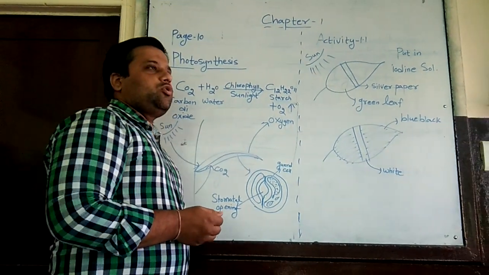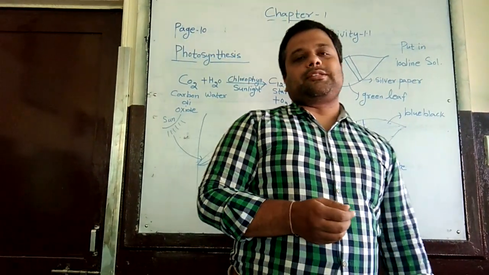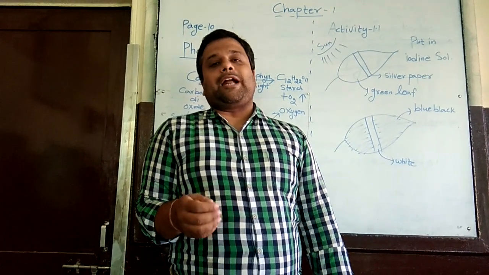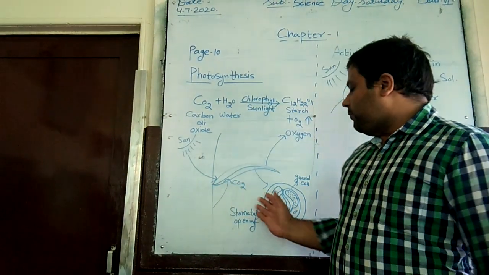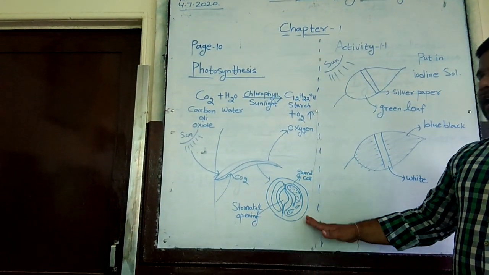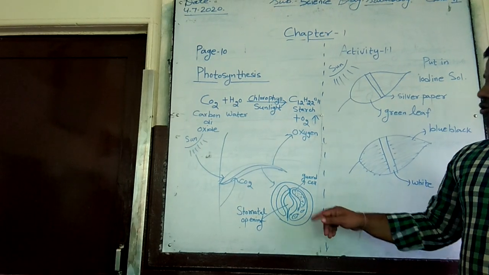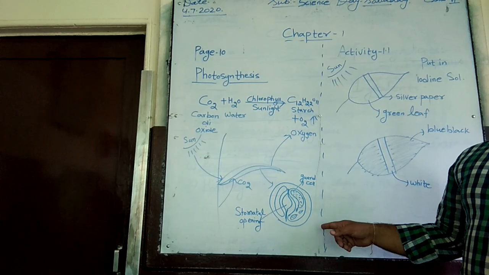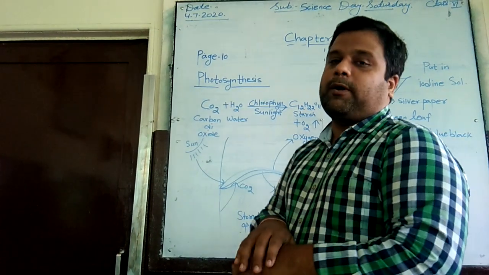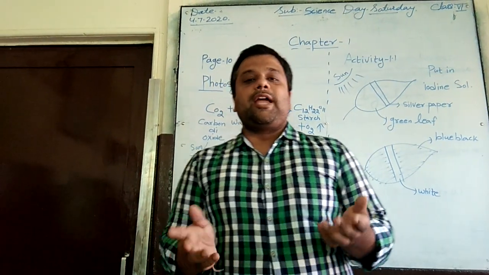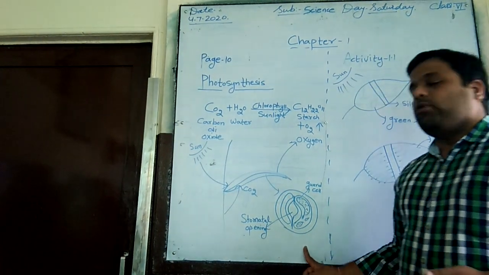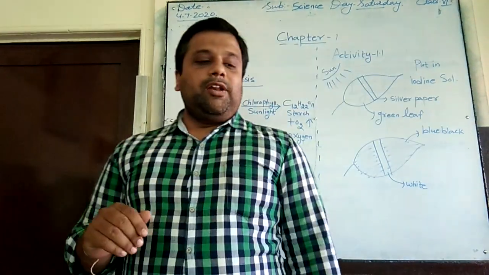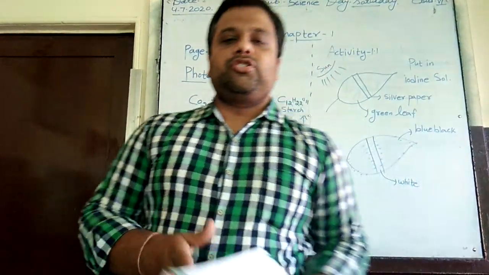Now, a type of question asked in exams is: what is transpiration? Transpiration is the process through which a plant releases water through the stomatal pores. Stomatal pores are required for the release of water, so if stomatal pores are not present, water will not be released. As we have goose pumps to release sweat from our body, plants have stomatal pores to release water from their bodies. So we will read this from our chapter.